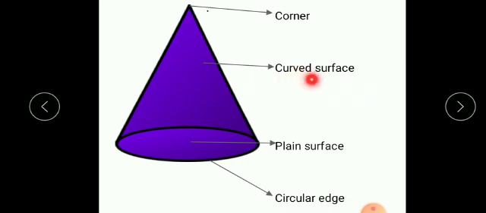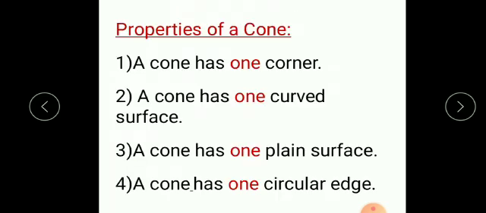C-U-R-V-E-D, curved. S-U-R-F-A-C-E, surface. Curved surface. This is curved surface of a cone. So let's count how many curved surfaces are there. A cone has only one curved surface.